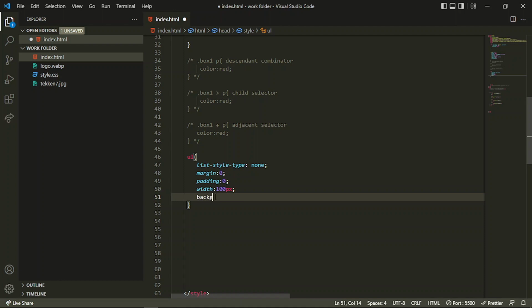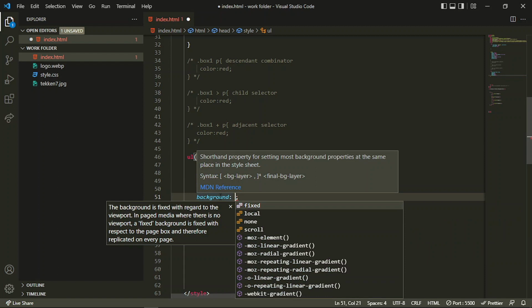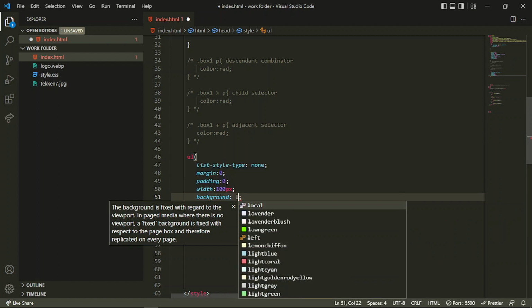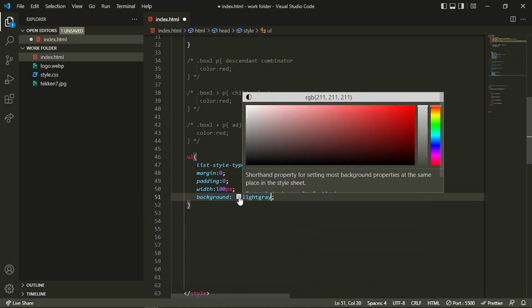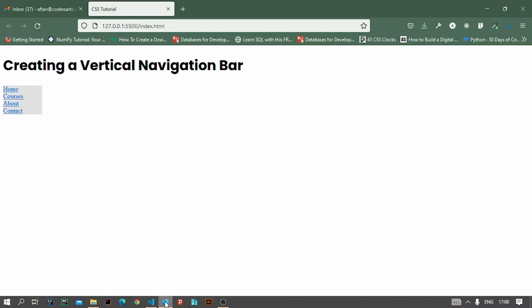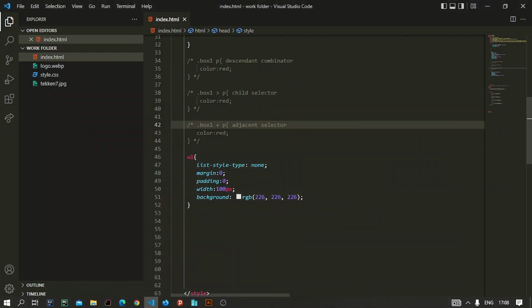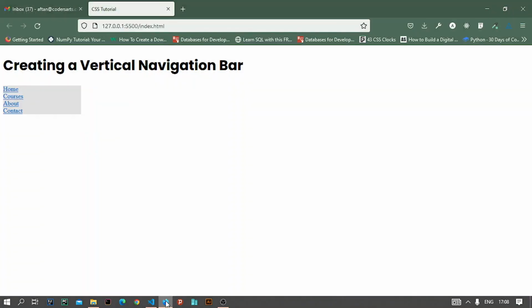Then I can also give a background color that I want for the navigation bar or this vertical navigation bar. Let's add some light gray color. I can decrease that color to a little bit lighter than the light gray. So you can see the background color is there, and now it is taking effect. And you can also see the background color is there and the width is specified. I can also increase the width if I want, so I can increase that. You can see